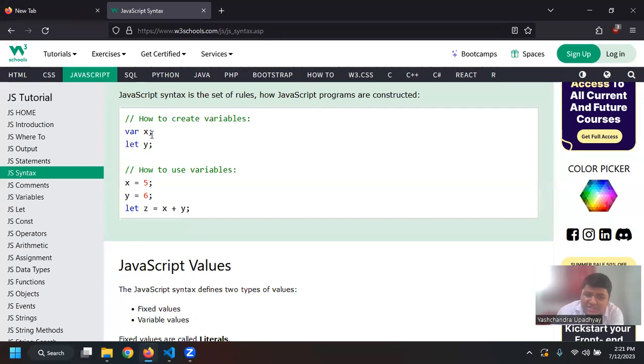So here I am just declaring a variable. I am saying var x. So x has been declared. Now I can access x, and then I can say that x is equal to 5, or I can also write var x equal to 5 and then a semicolon. Now again, in JavaScript, the semicolon is not important, it is optional, but it is good practice to write it,